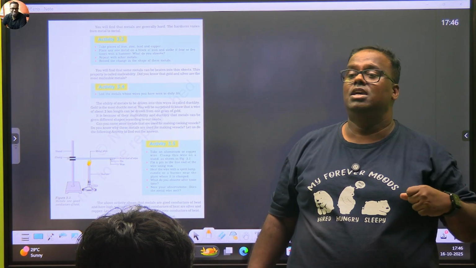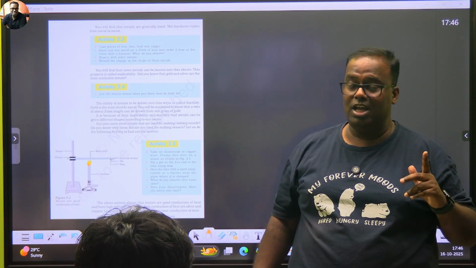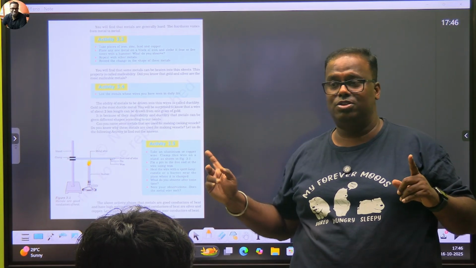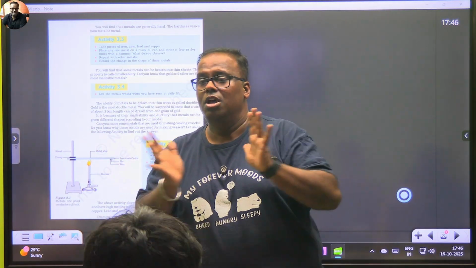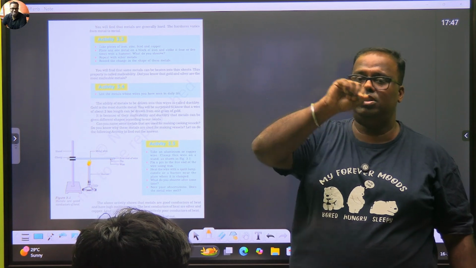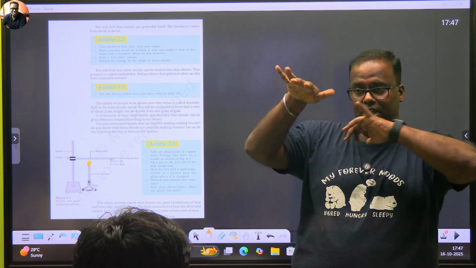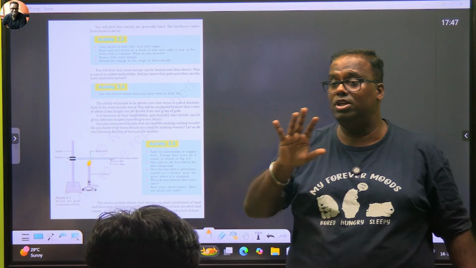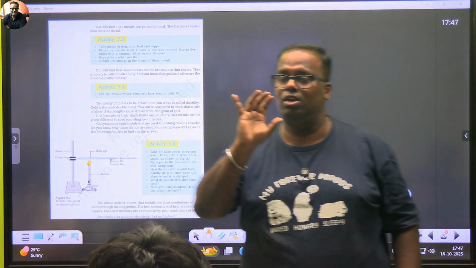Question arises, diamond conducts heat, does not conduct electricity. Diamond's heat conduction is not due to free electrons. There is something called lattice structure, which you will study later. You will not understand it now. But in the case of diamond, it is tetrahedral. Each carbon is linked with 4. All 4 are sigma bonds actually, head-on overlap. Okay, so you do not get any free electron. Once you get a free electron, then only there will be conduction.